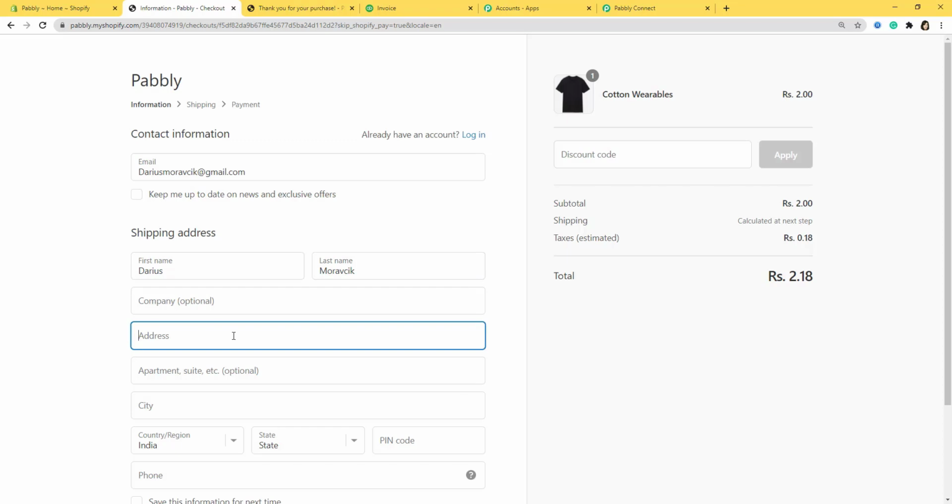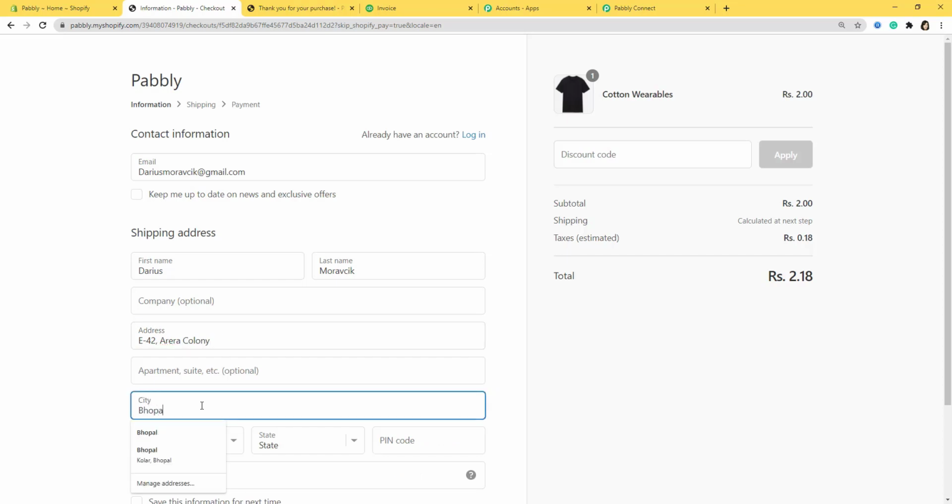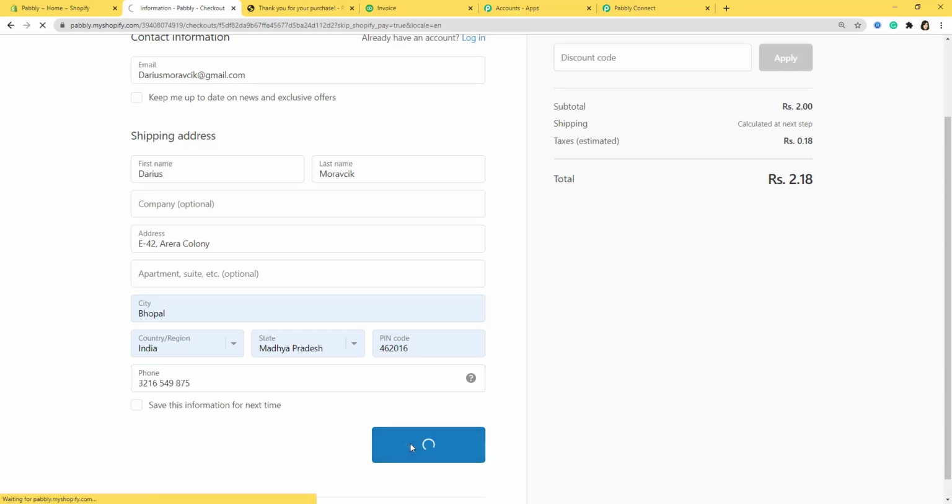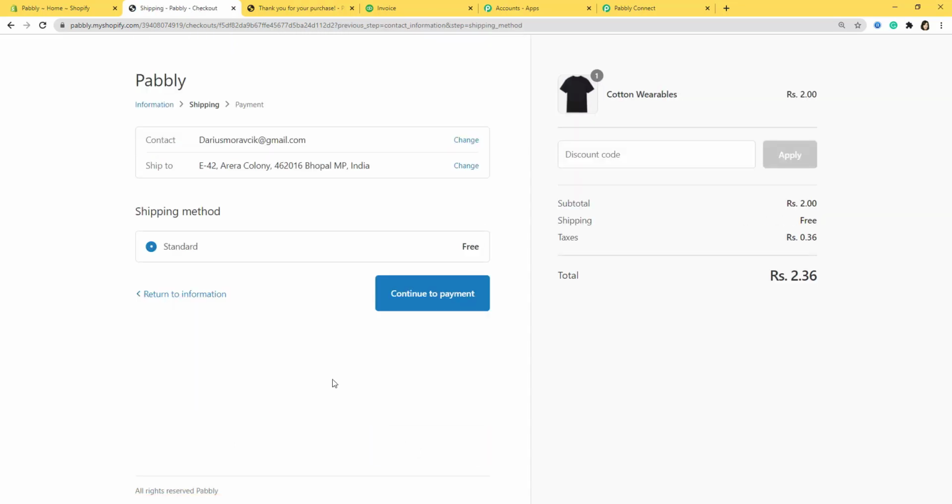Okay, address is E42 Arera Colony. Okay, city is Bhopal. Okay, everything is done. Phone number. Okay, continue to shipping. Now continue to payment.